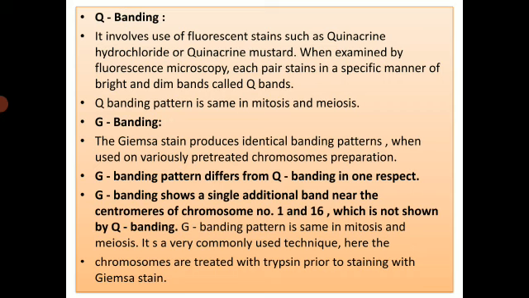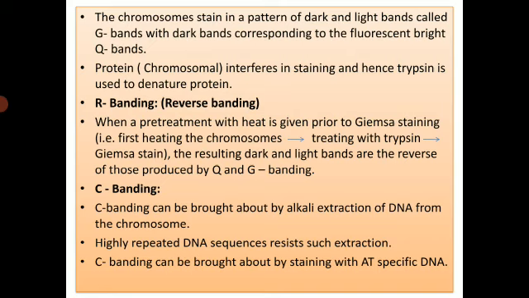The chromosome stains in a pattern of dark and light bands called G bands, with dark bands corresponding to the fluorescent bright Q bands. Okay, protein interferes in staining and hence trypsin is used to denature the proteins. Okay, then the next technique is the R banding technique. This technique, when